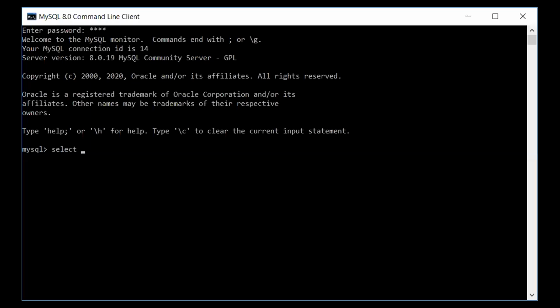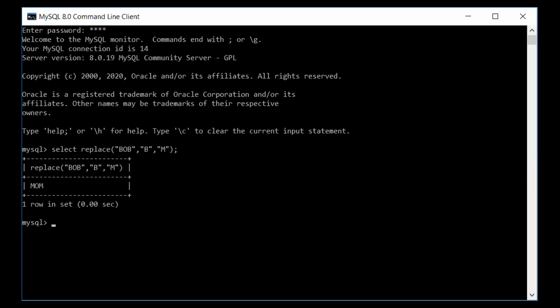Select replace, string as Bob, and the old character is B, and the new character is M. So over here, B is replaced by M.